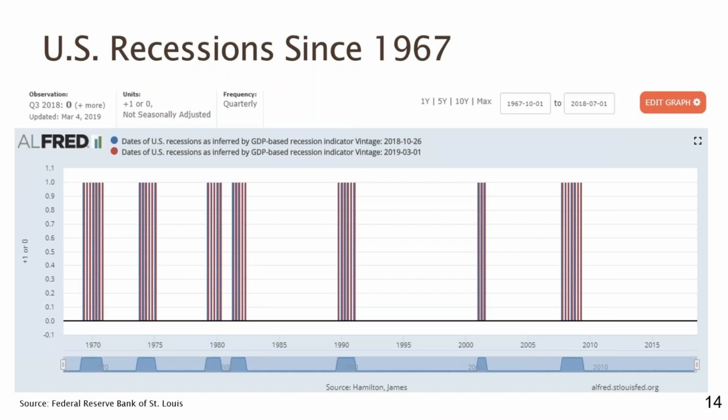Just to review, here is a chart of U.S. recession since 1967. This comes from the Federal Reserve Bank of St. Louis. So you can see the red and blue lines there indicate the periods of recessions, and if you split this graph in the middle, between 1980 and 1990, you can see prior to 1990, the recessions were much more frequent, and then on the right side of the graph from 1990 through